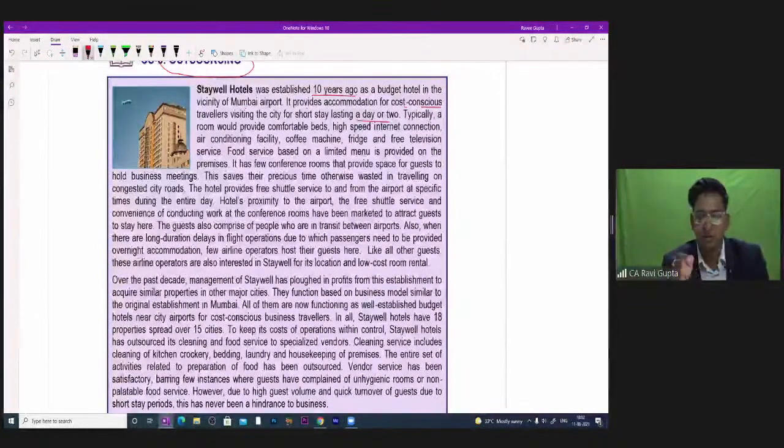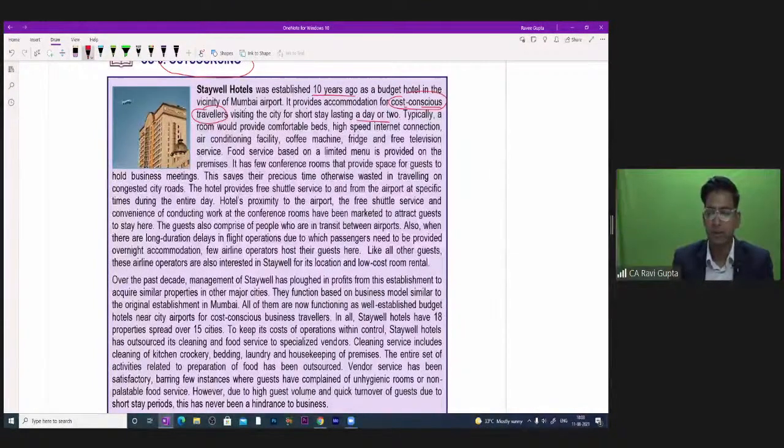It is located near the Mumbai airport, and it provides accommodation to cost-conscious travelers. That means those who are looking for budget-friendly accommodations prefer this Stay Well hotel. So this is for cost-conscious travelers visiting the city for a short stay lasting a day or 2. You can also think of someone coming on a weekly basis, like marketing persons or business persons, or any traveler who is only staying here for